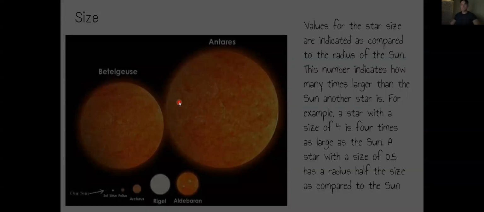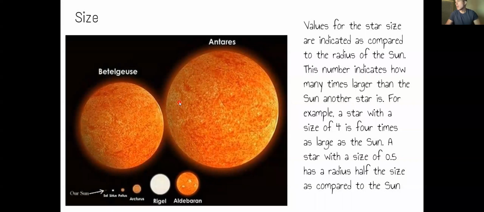All right, so after color and temperature, they often look at the size. And when a scientist talks about the size of something, or you see a chart that talks about the different sizes of the suns, like